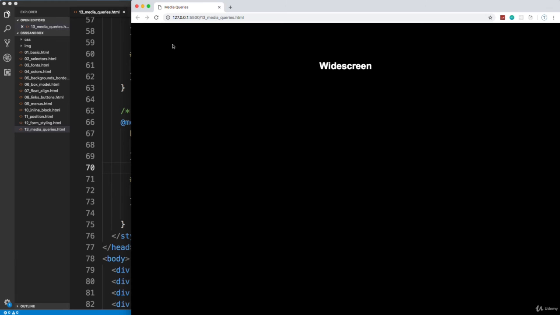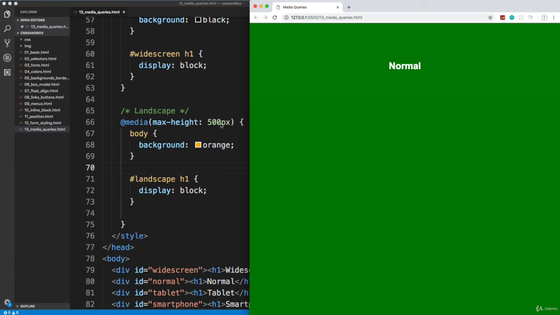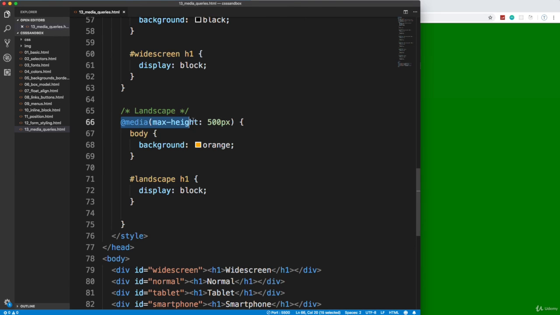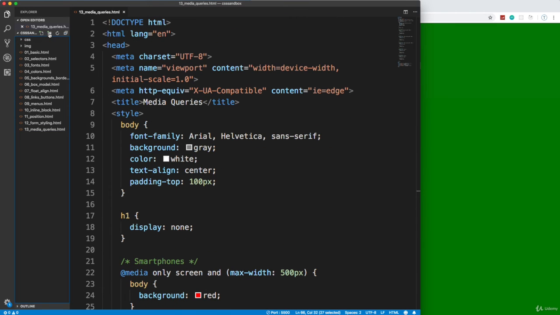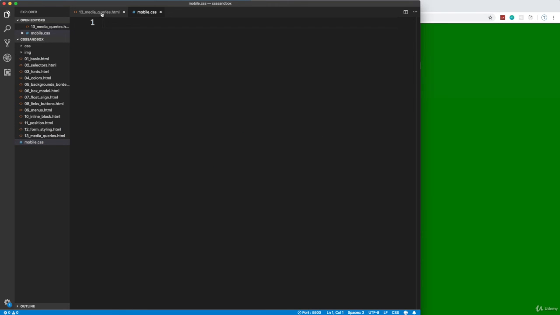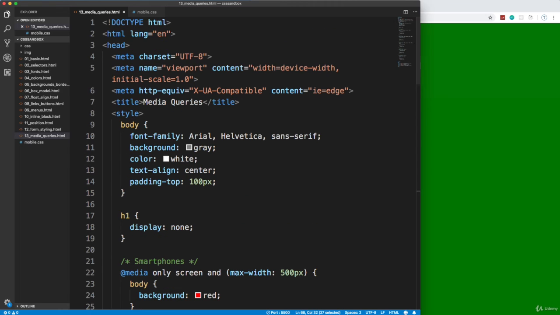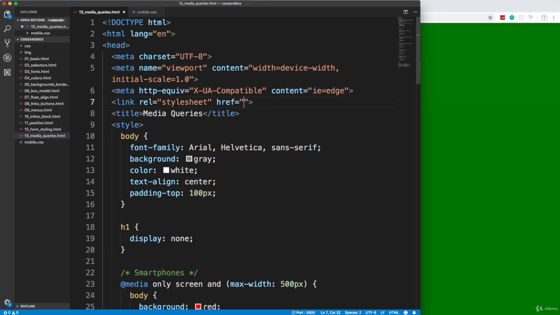It's gonna click. Okay, so the last thing I want to show you is that we can actually have separate style sheets as our media query. If you don't want to embed the media query into a style sheet, you can have a separate one. So just for an example, I'm going to create a new file. I'm actually going to delete this after, but just to show you, we could do, like, let's say a style sheet called mobile.css and go up to the head, and just like we add any style sheet, we could use a link tag, rel style sheet, and we can point to